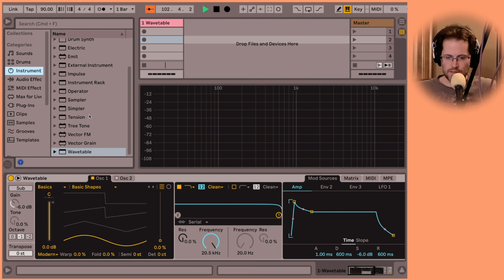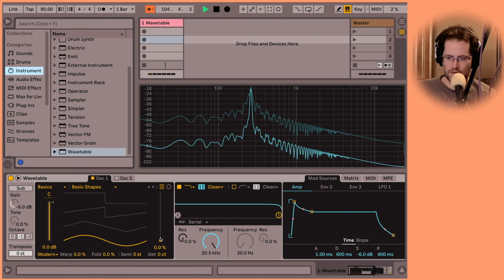Just my thoughts, because it allows you to do everything. Right here you have basic shapes. Got your sine wave right here.